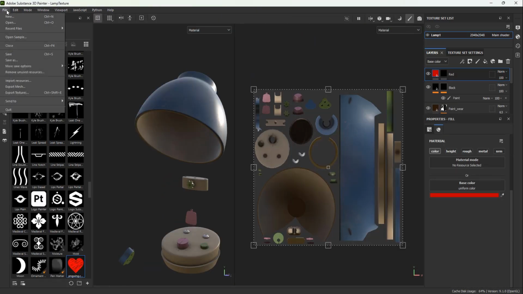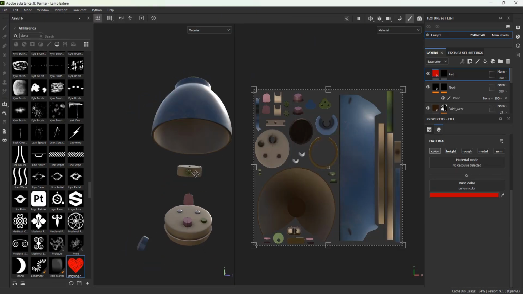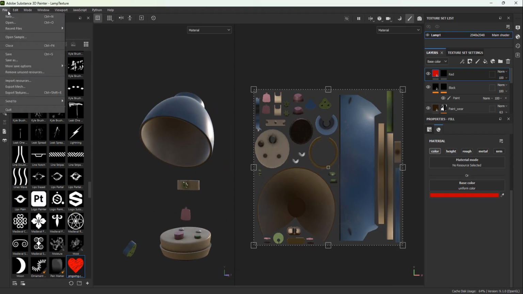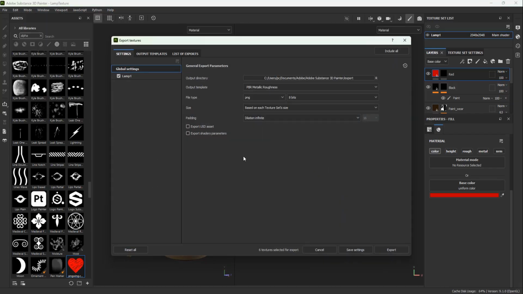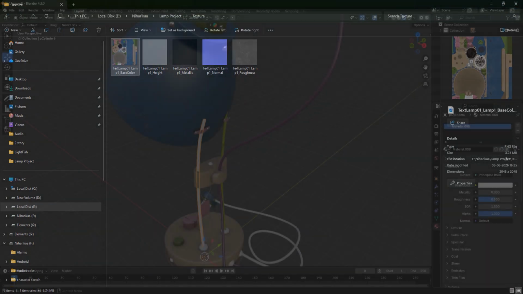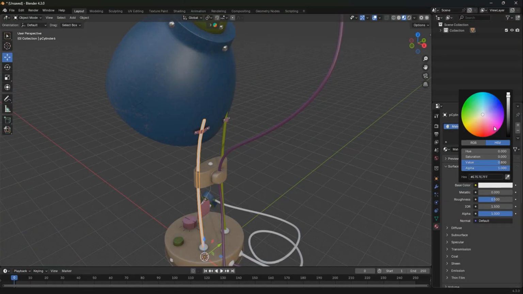Now I am just simply going to export this texture to file, then export textures, like this, or you can press Ctrl+Shift+E for exporting. So after that I have exported the texture maps. This is base, height, metallic, normal, and roughness. I have exported them, and we are going to bring these textures onto our lamp